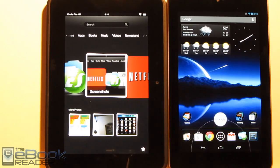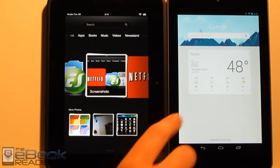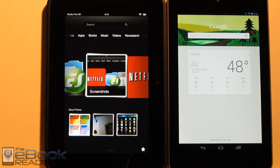Another cool feature the Nexus 7 has is Google Now. You swipe up from the bottom, and we've got this Google Now thing here. Different cards will pop up. Like if you're out of the house and you connect to the internet, it'll tell you automatically, out of the blue, exactly how long it'll take you to get to your house with traffic. It does stuff like that. It gives you sports updates for your sports teams. There are all these different kinds of cards that show up. And if you say Google,